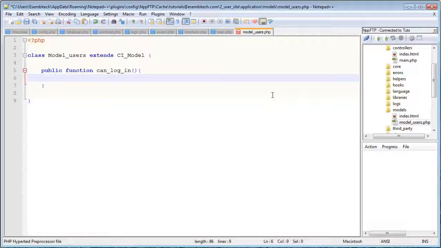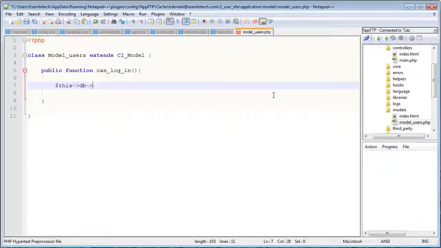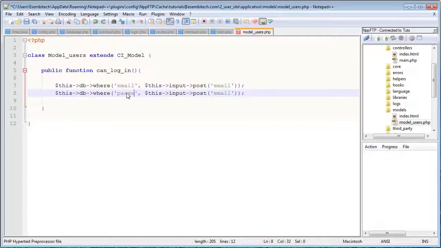So let's do that. First thing I want to do is set two where specifiers for the username and password. So this db where email is equal to this input post email. Okay, and now I'll just copy this where password is equal to MD5